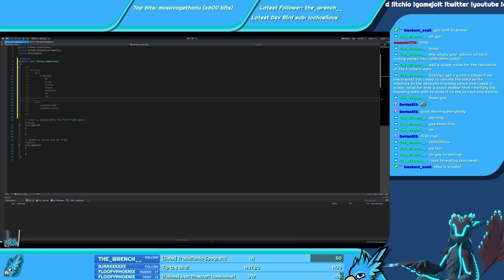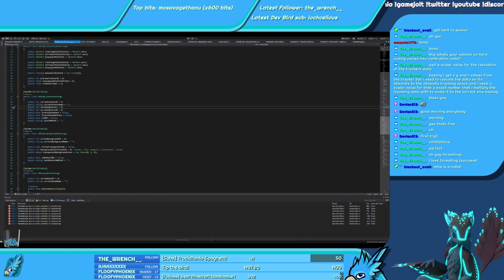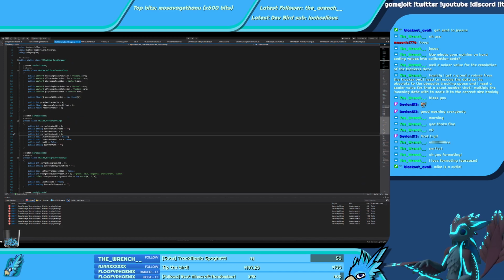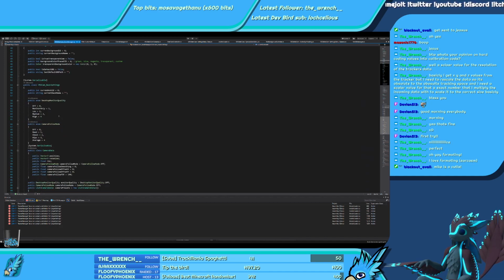VMagicMirror. Doing some reorganizing. The settings.